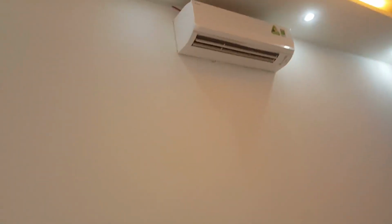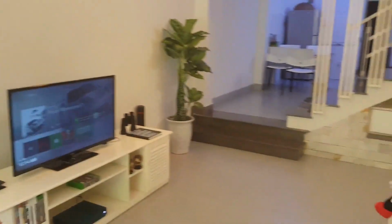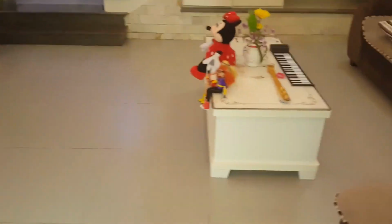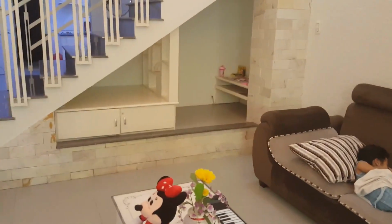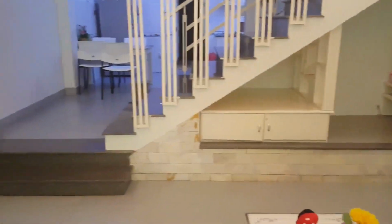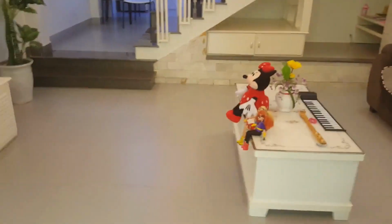Yeah, this is the living room area. You have an air conditioning unit in the living room to keep the room cool, but I really don't use it. I haven't used it yet. The temperature has been really good, in the ballpark of about 65 to 70. That's really good, and for the most part, I kind of like it like that. It's not too hot, it's not too cool. It's just kind of in between. But anyway,